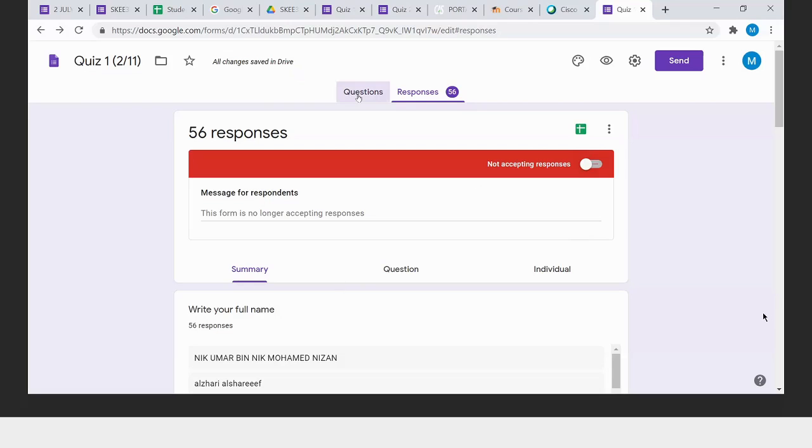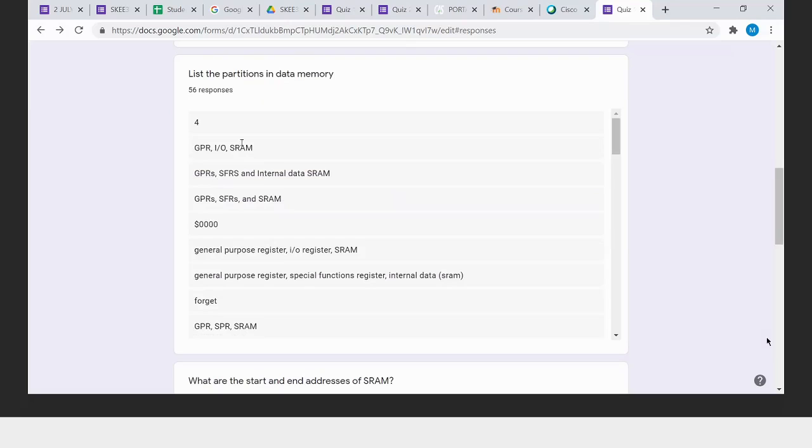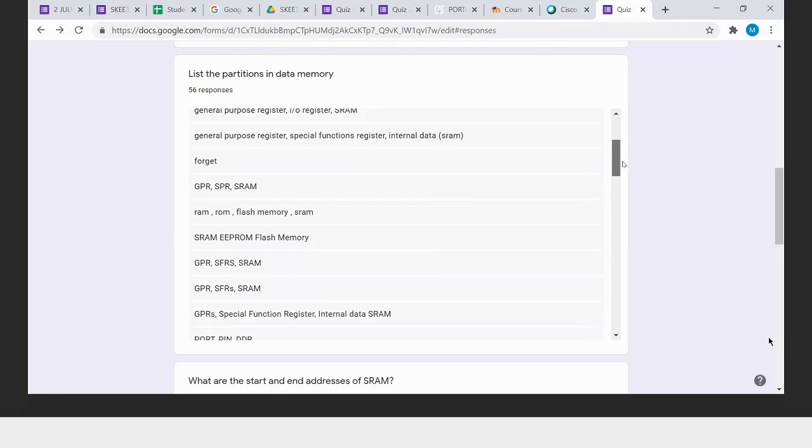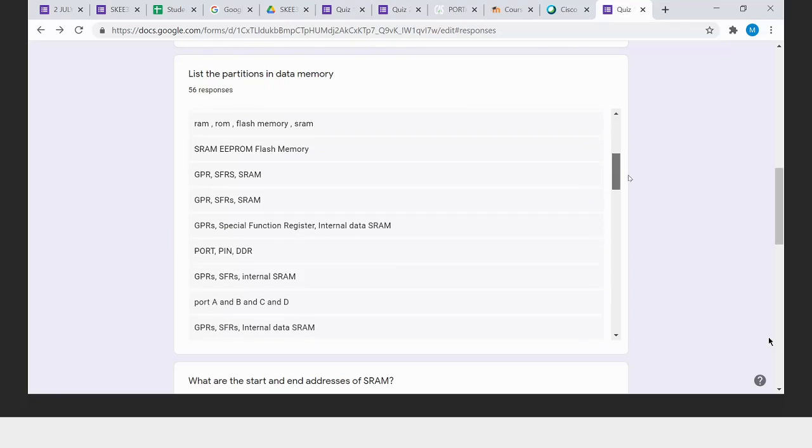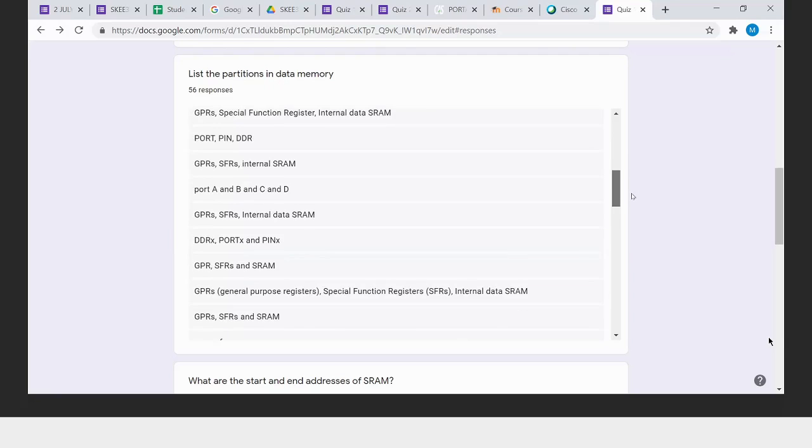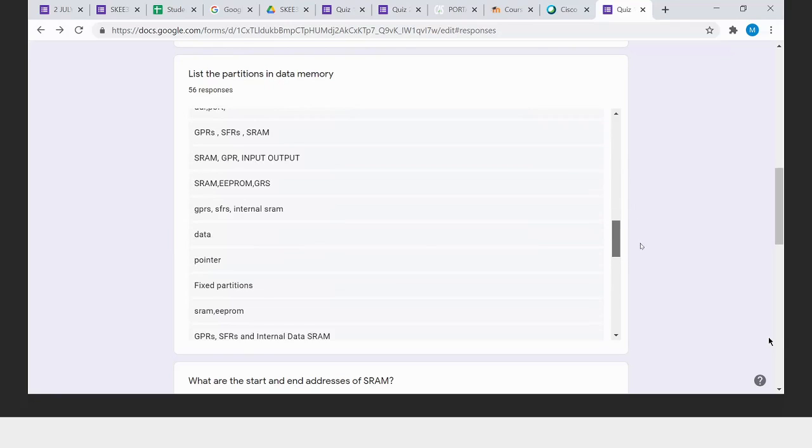List the partitions in data memory. GPR, SFR, and SRAM. Okay, good. Many of you understand that. Okay, yes, good. Many of you remember. Not many actually, but